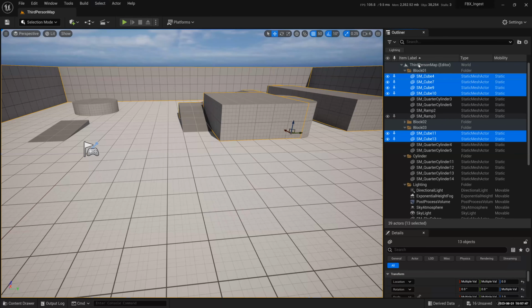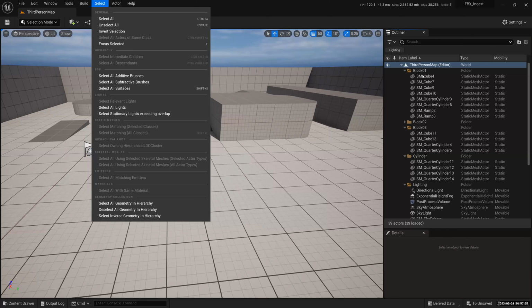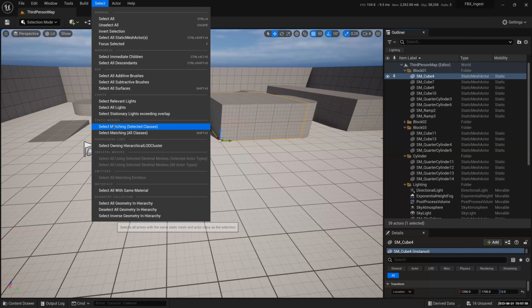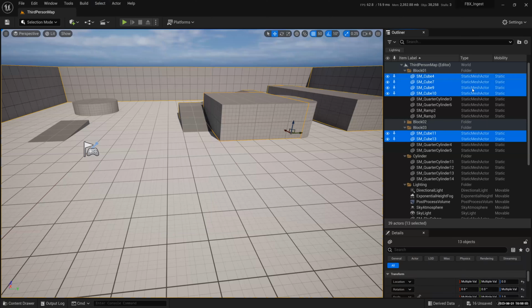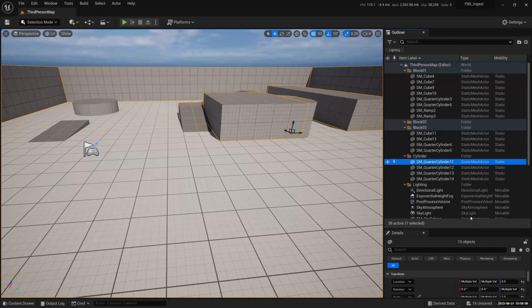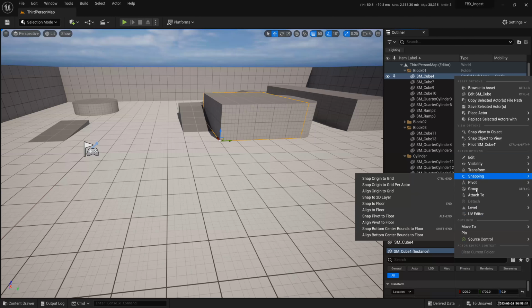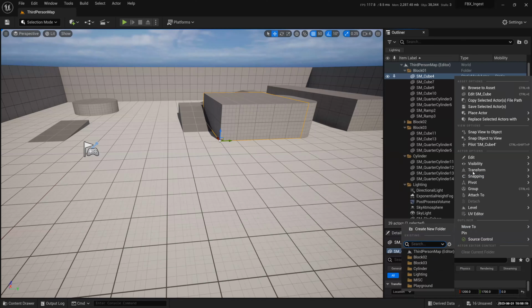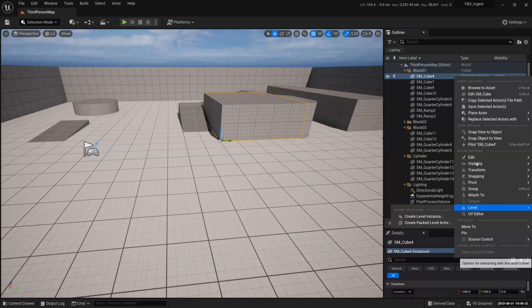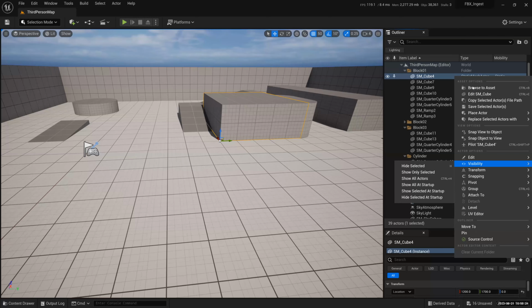But if I select here and say the same thing, select, no, it doesn't show anymore. Maybe I select this one here, select by class. It only selects these guys. Why? What if I do this? If I select, right click and go to select, let me select it somewhere here. Visibility, browse to asset.